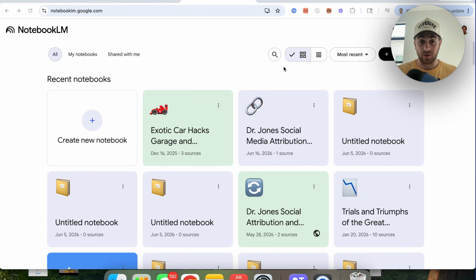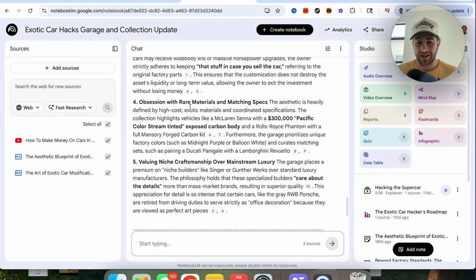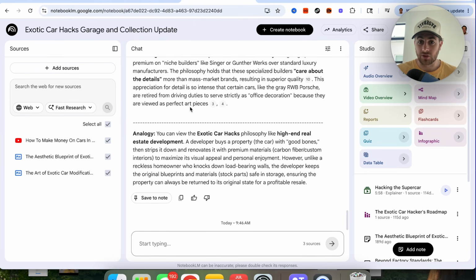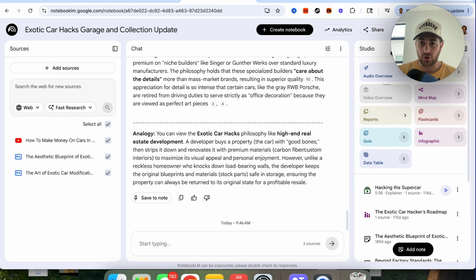Okay, so the first change that we need to discuss is now from inside of NotebookLM, you're going to be able to create short form content, and there are so many different ways that you could actually do this. For example, if we come over here, we now click on video overview, we're going to see the ability to create short form content right here, and we could get this to focus on whatever we want. For example, if we wanted to focus on smart asset investing, because the things that I actually have added in here are about how to make money when you're buying cars, we could click on generate, and this will go